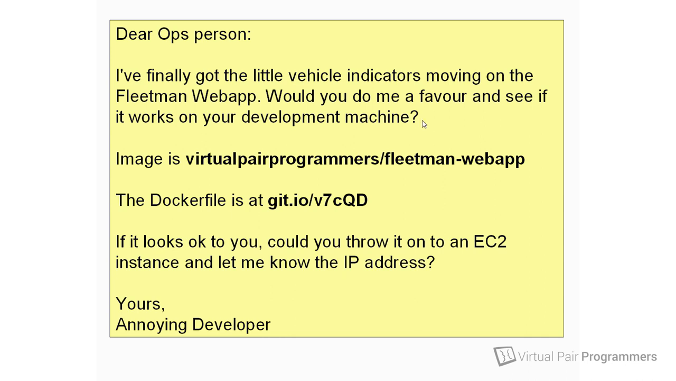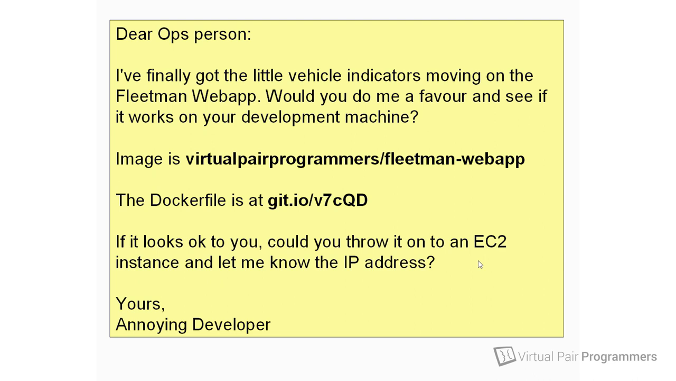How are we going to do that? Well, they've given us two pieces of information. They've told us, first of all, the image is called Virtual Pair Programmers/Fleetman-web app. And they've given us a link to some kind of a file called the Docker file at the URL you can see here. And they're asking us to run it. And if it runs okay, they'd like us to try to run it on an EC2 instance